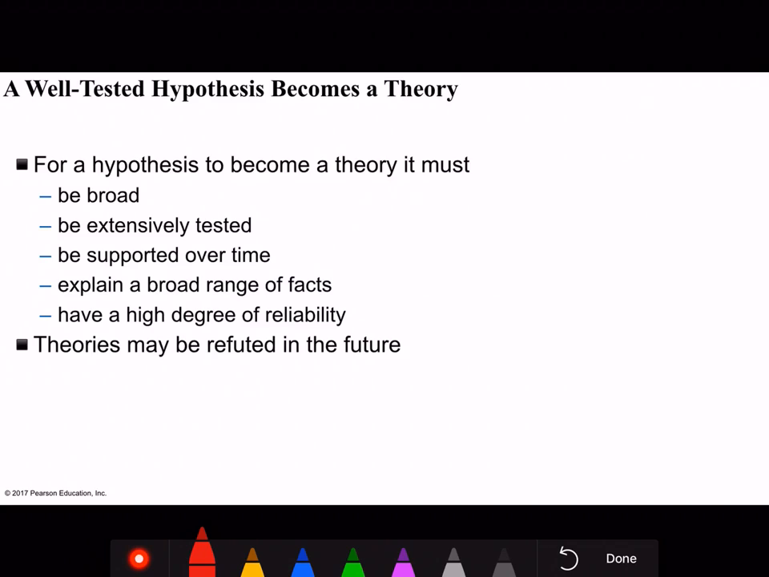Now, just understand, and this is something I did not talk about, how a tested hypothesis becomes a theory. For a hypothesis to become a theory, it must be broad, very general, extensively tested, and supported over time, which means repetition of different experiments over and over would lead to the same hypothesis or the same explanation. Then it will explain a broad range of facts and have a high degree of reliability, which means it has